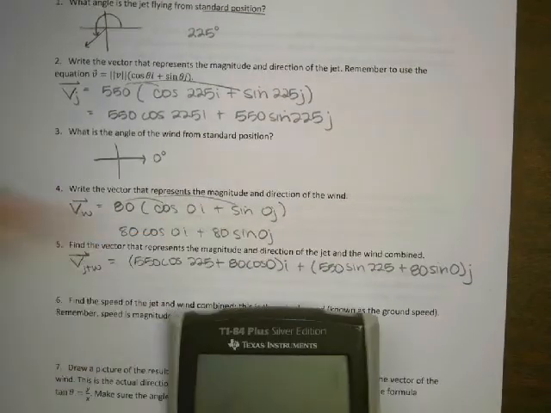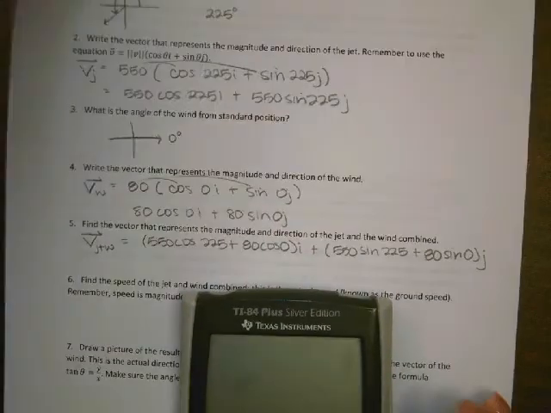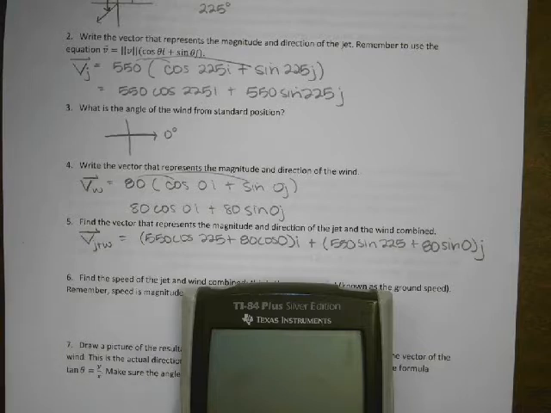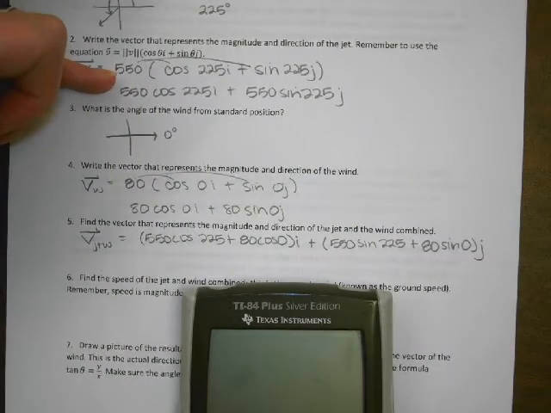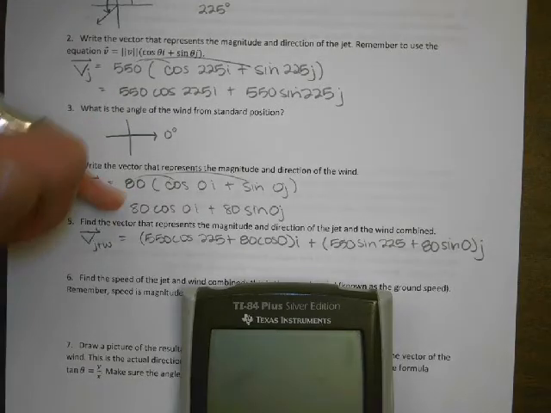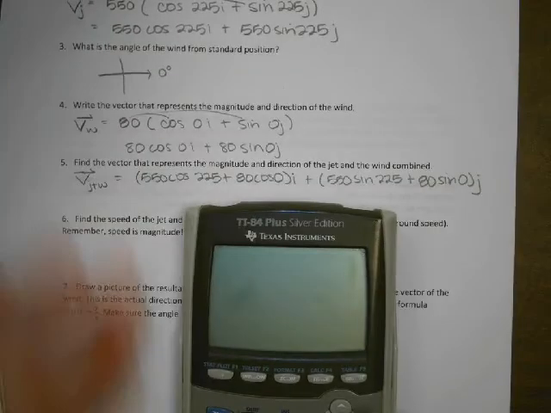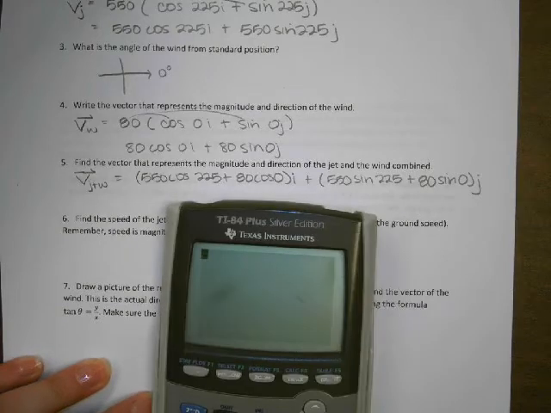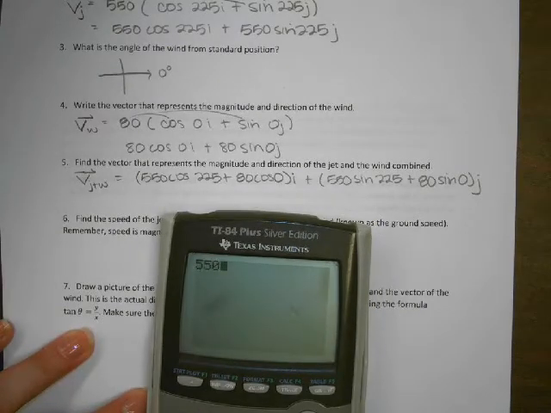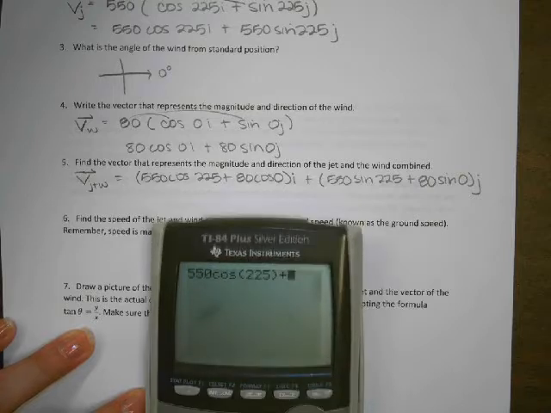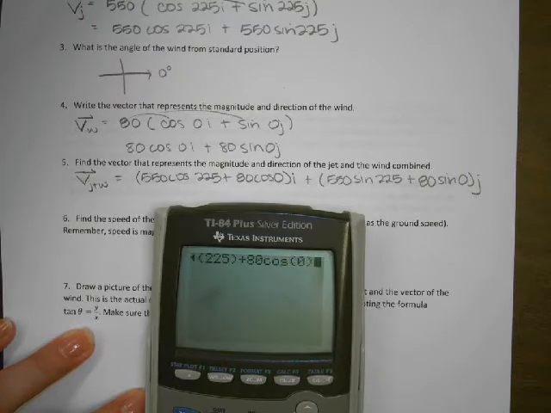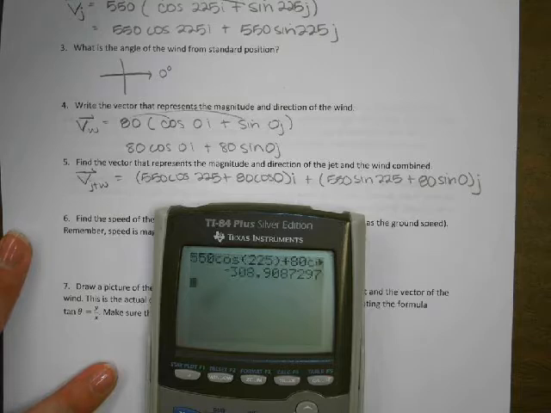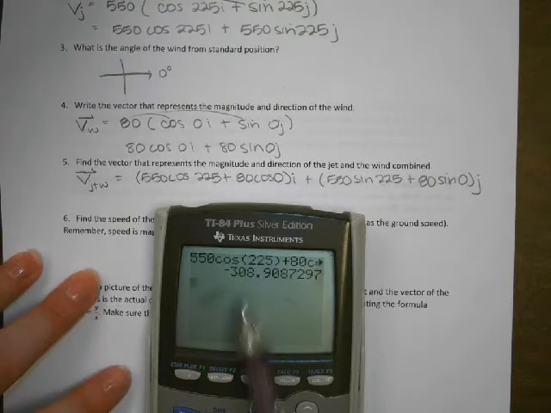So we're not going to deal with continuously writing this anymore. And I will say that for the rest of these problems, you can do almost everything exclusively in your calculator without writing anything down, and I do not want you to do that. I want to see all the work. I want to see you writing out this vector. So I want to see all that work written out, and it is annoying, but it will make you remember it better, I think. So 550 cos 225, and of course when we're doing this, we're making sure that our calculator is in degrees, because if it's in radians, you're going to get really frustrated really fast. So negative